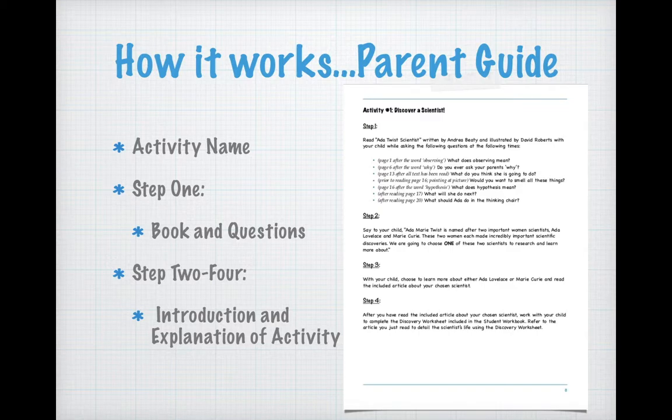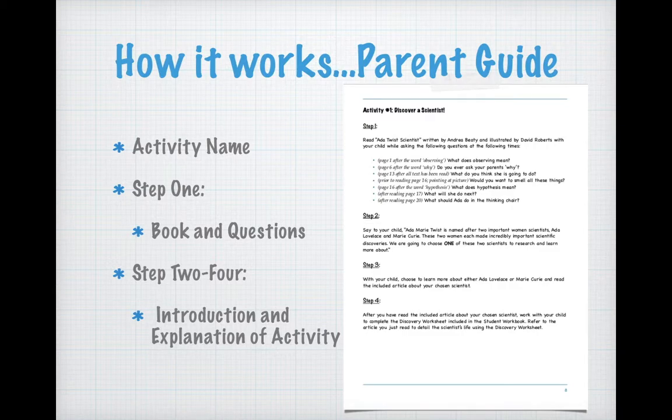So in activity number 1, you're going to tell your child, according to step 2, if you just read right there, that Ada Marie Twist from your book was named after 2 different actual real-life scientists who were women, Ada Lovelace and Marie Curie. And then they're going to choose to read an article either about Ada Lovelace or Marie Curie, and then do some research and learn about that woman scientist. Step 3 is telling you that you're choosing your scientists, just reiterating which of the 2 women, and that you only have to read